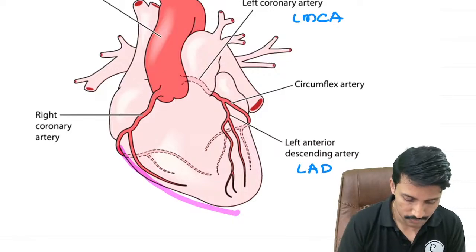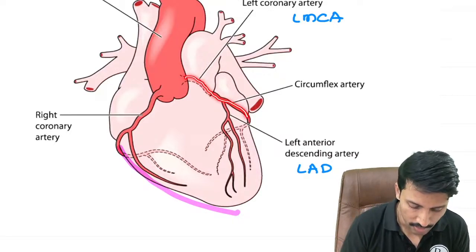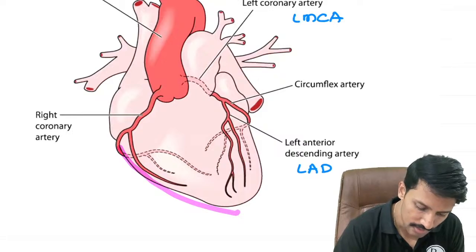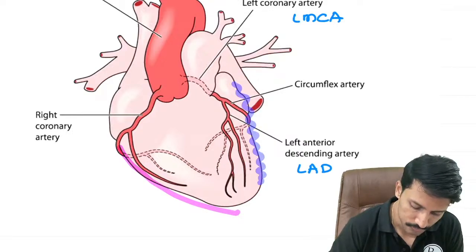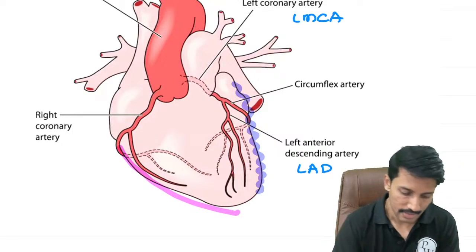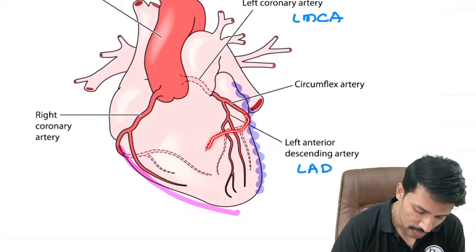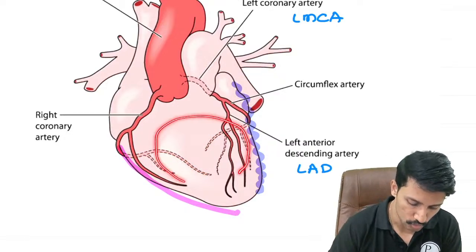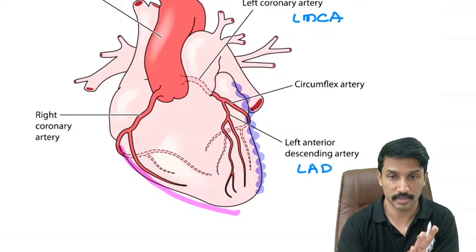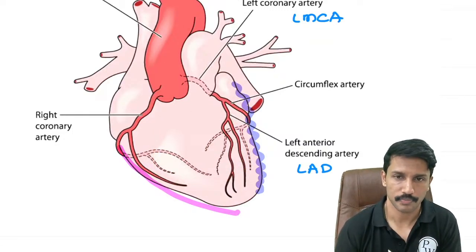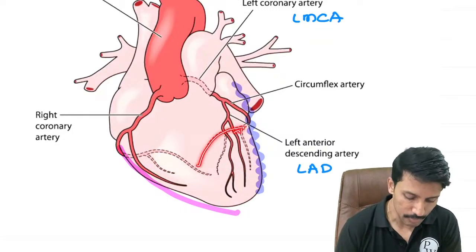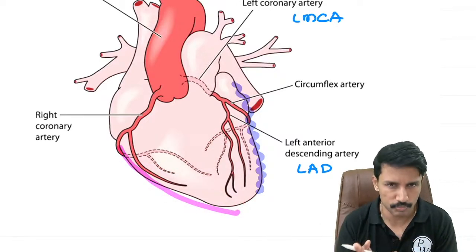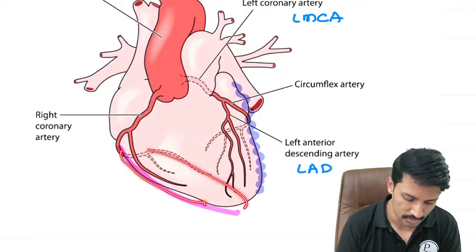Another branch of this left main coronary artery is called the circumflex artery. This circumflex artery supplies most of the lateral wall, and then it curves backwards and goes on to join branches of the right coronary artery and becomes the source of blood supply to the posterior wall. And in some individuals, it may be the dominant blood supply to the inferior wall. But as a general rule, for most people, it is the right coronary artery which is the dominant blood supply